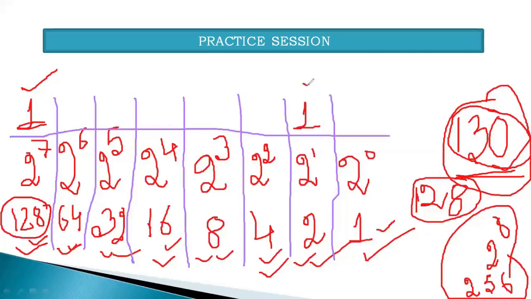So I have utilized the second position coin and the eighth position coin, and due to only these two coins, I got the value of 130. So what to do for the others? Others are 0. I have not utilized them. That means it is 0. So you can see the answer, 10000010. So through this positional chart, you can directly find the answer, how to convert any decimal number into binary number system.